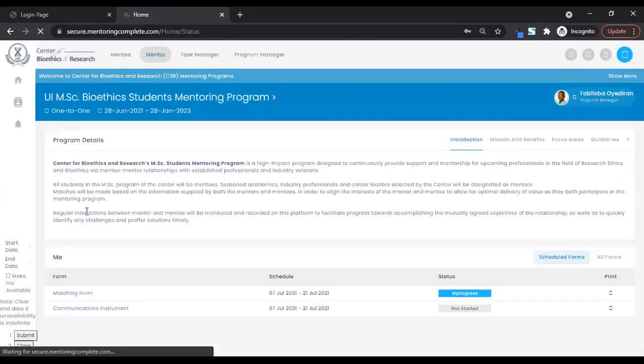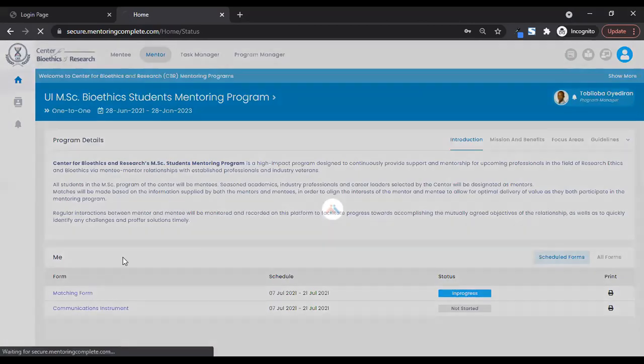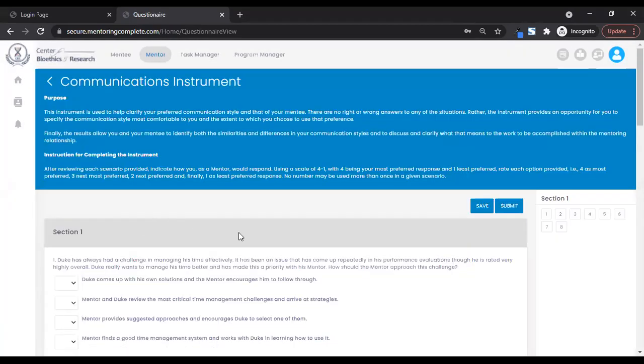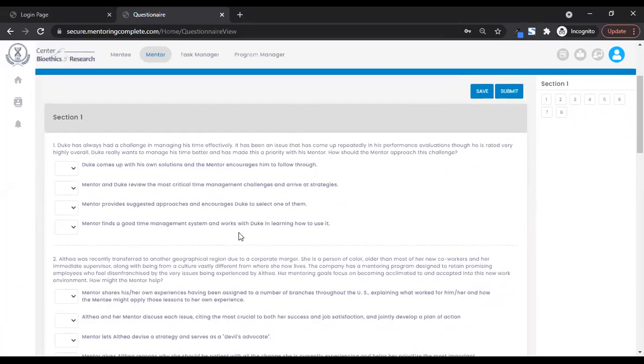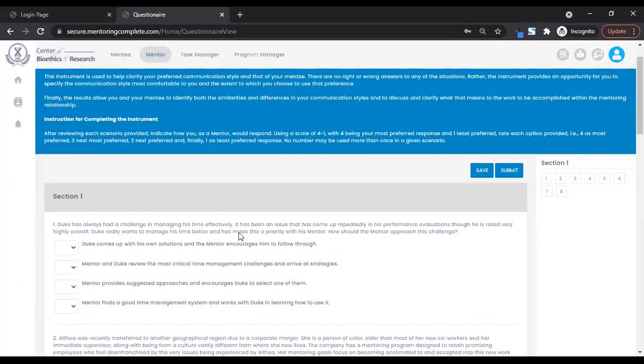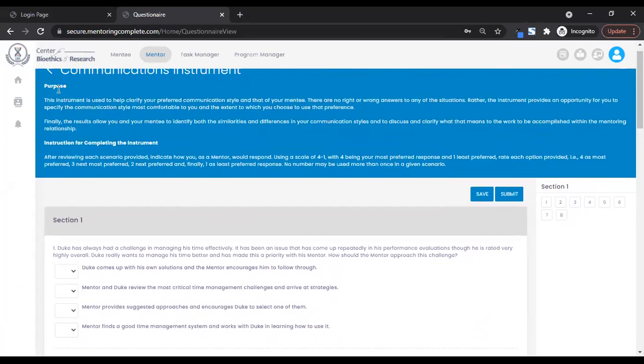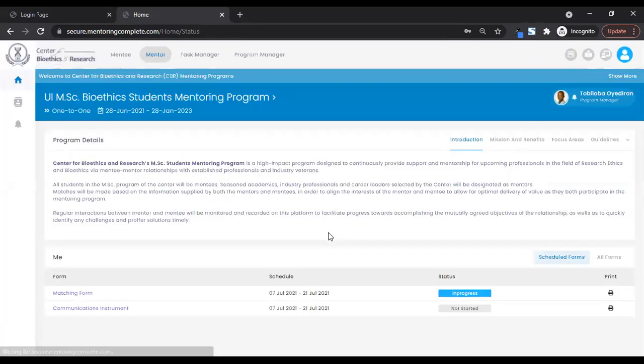Then the communications instrument is to help the system understand how best we feel a mentor and mentee should communicate with each other. So, like a preference in communication styles, so that the system can know how to suggest matches for mentor and mentee. So once we complete these two forms, we are now ready to be matched with